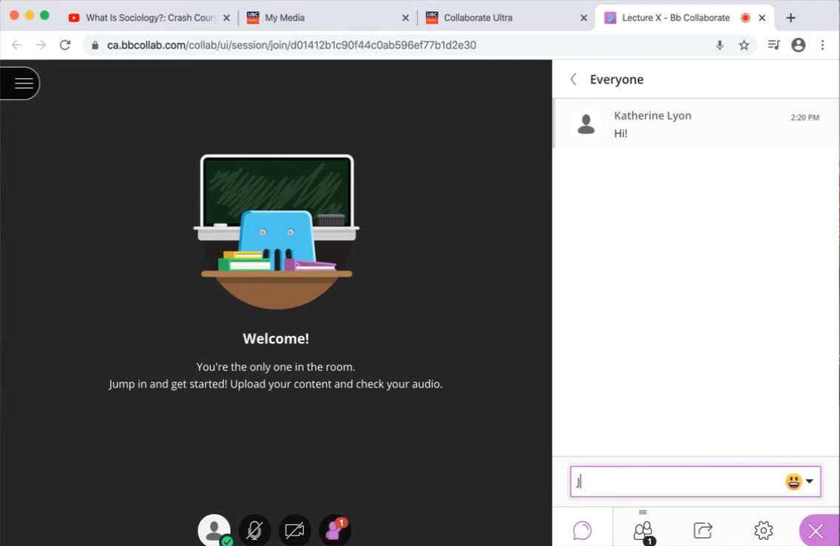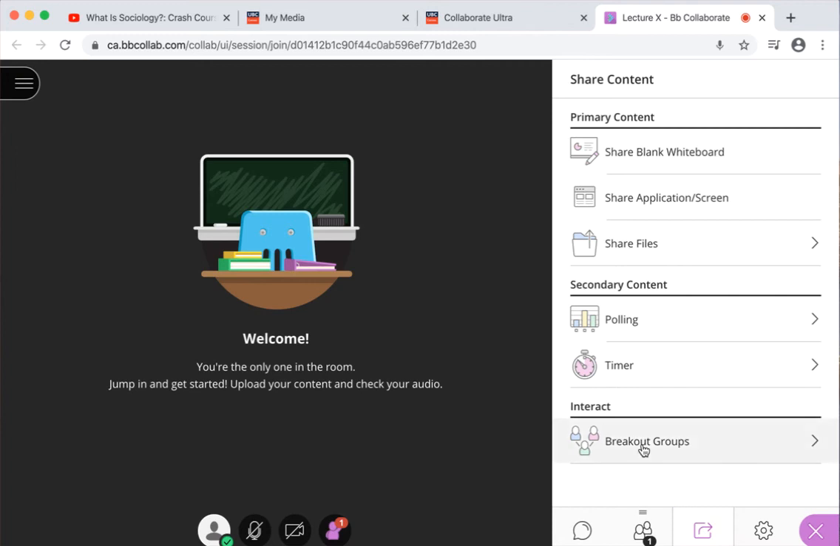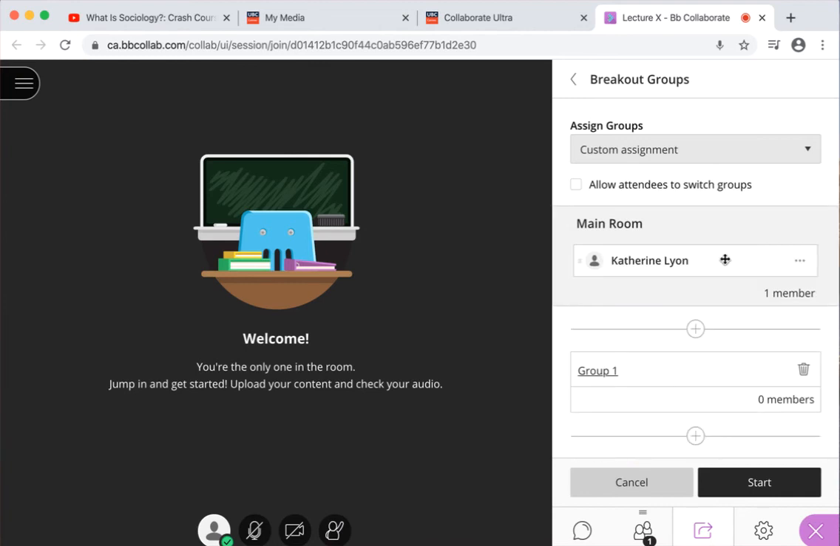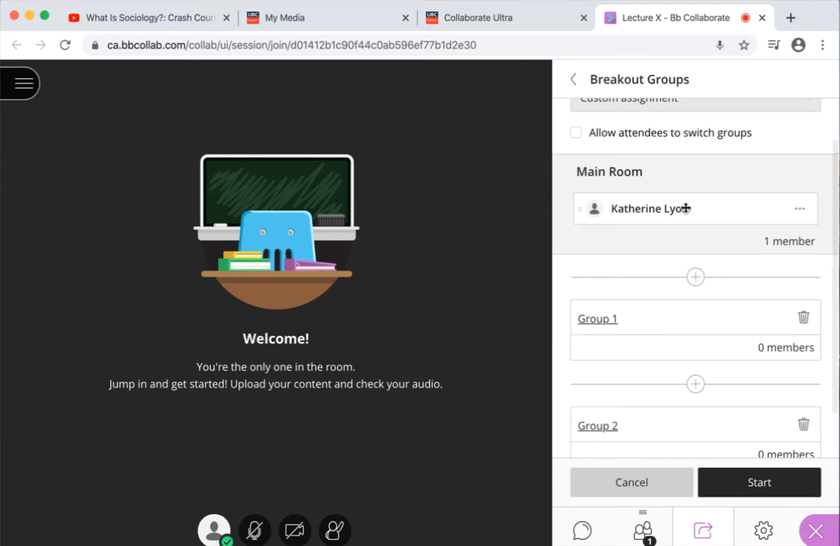So if I go back to my Share Content tab, I'd also like to highlight breakout groups. So this is how you can enable small group discussions, which is a nice way to break up a lecture and help students share ideas and apply concepts immediately. So right now it's just me in the main room, but if there were 10 other students in here, I could put them into different groups, maybe 2 or 3 students per group. I could allow my attendees to switch groups, and if I press start,